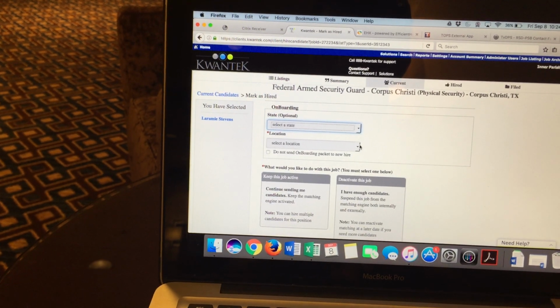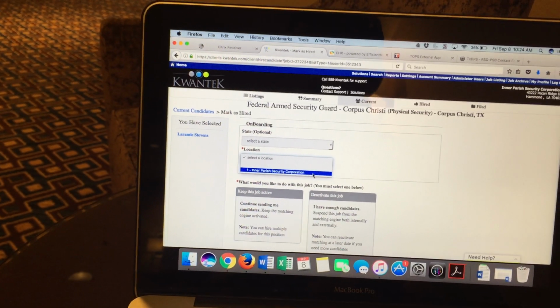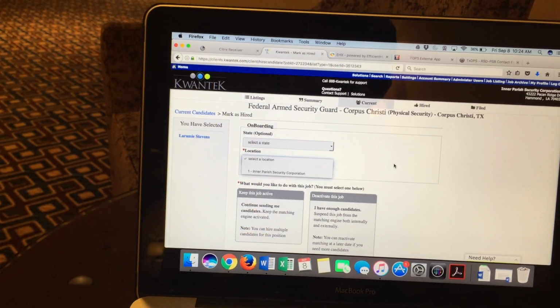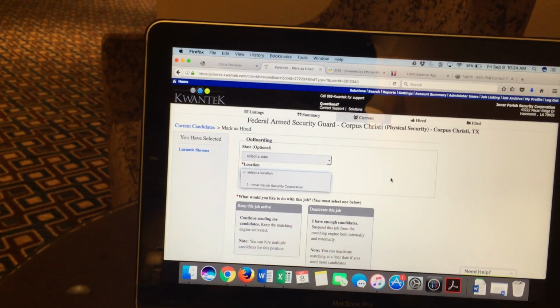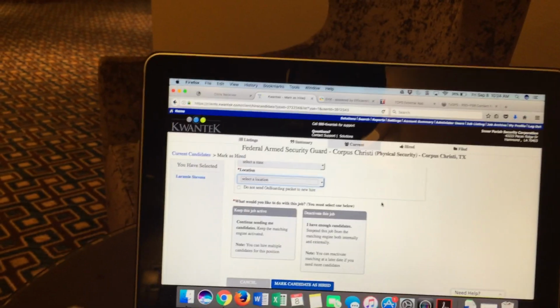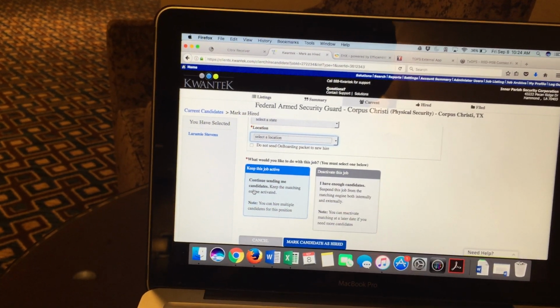Same thing for location. Right now I only have a location called Interparish. Here in the next coming days, we'll have specific locations. So we'll probably have a Texas FEMA Corpus Christi, Texas FEMA Houston, Texas FEMA San Antonio, Austin, wherever it needs to be at. Same thing on the commercial side. Our Louisiana sites will have all those too, pretty close, like what location, what area they're going to be working at.